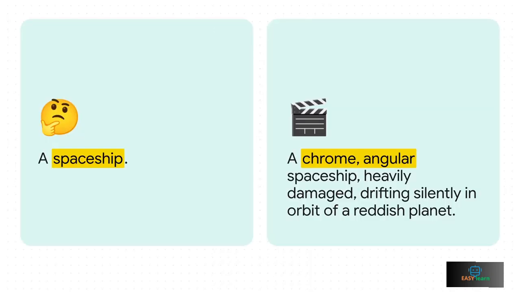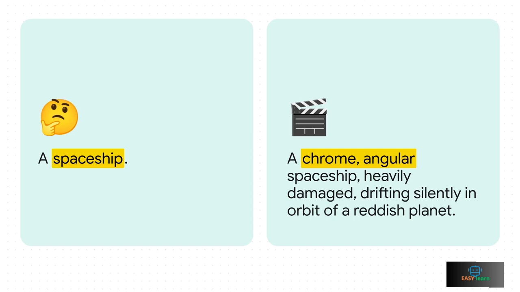Okay, so this right here gets to the absolute heart of the problem. On the left, you've got a spaceship. The AI could generate a million different things from that, and most of them probably won't be what you're picturing. But the prompt on the right, that's not just a request, that's a scene. It's a whole story. It is a specific, actionable instruction that gives the AI almost no choice but to create